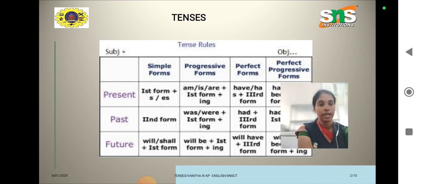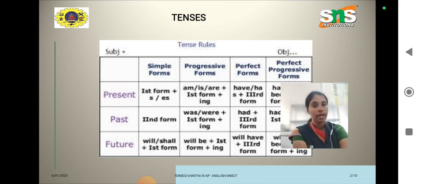The forms of verbs that we use in the continuous tenses are the main verb, where we add the suffix ing to make it a continuous tense, and the helping verbs, which are the be verbs. For present tense we use only the be verbs am, is, are, and for the past tense we use was and were along with the main verb plus ing, and for future tense we use will and be itself